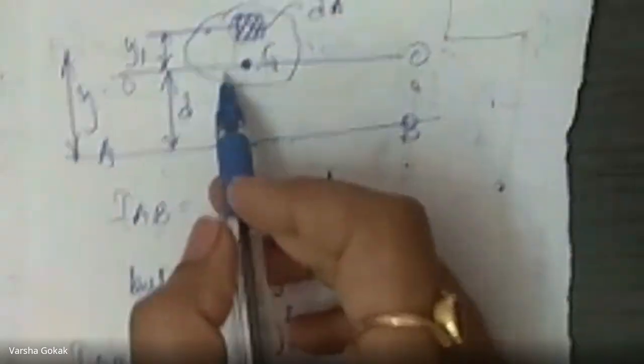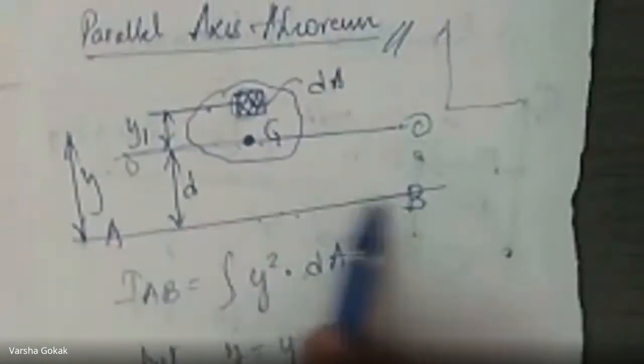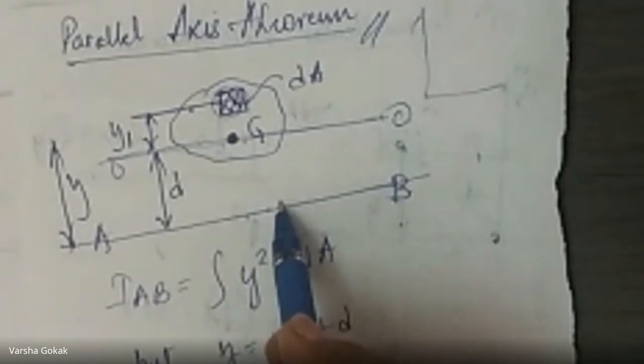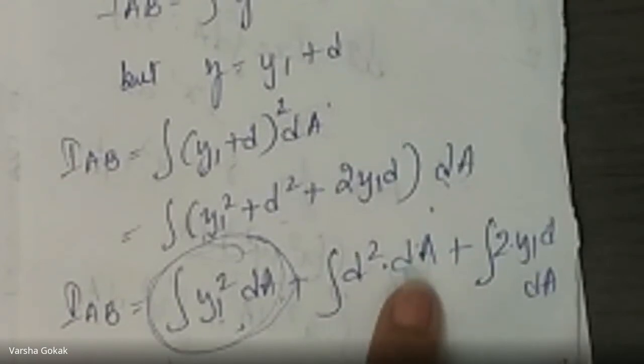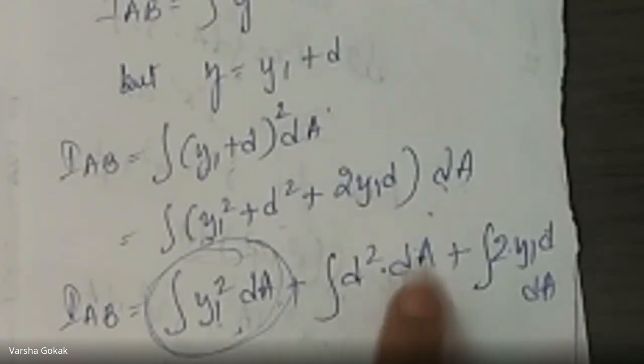Something like your Ixx. Yes, Ixx. That is, in this figure, if I say this is x-axis and IAB is parallel to x-axis. Correct? So I will call it as IG, instead of Ixx, I will call it as IG. Okay, that is I self. Plus d square into A, integration is there, no? So d square into A, if I know the area, not the elemental area. If I know the area, directly I will write it as A into d square, because I know the value of the area.